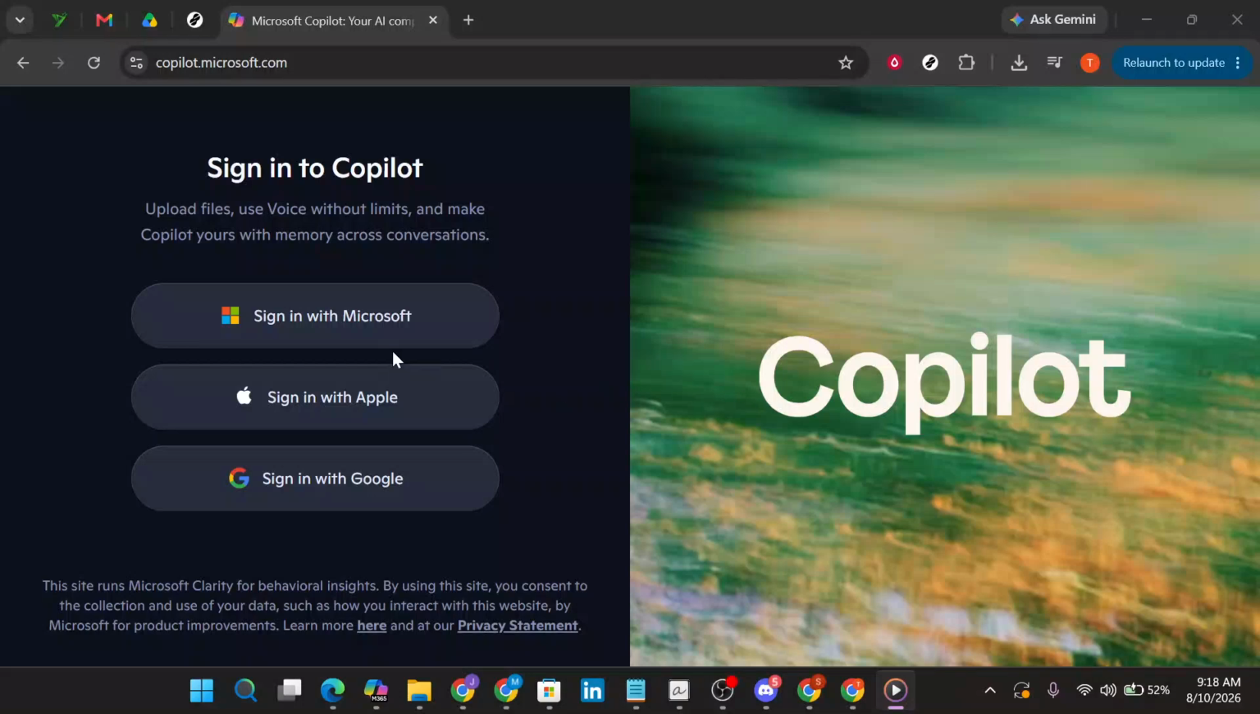In today's video, I'm going to teach you how to use Microsoft Copilot. To get started, open your browser and go to the Microsoft Copilot website. Once the page loads, you'll want to sign in so you can access the full experience and keep your chats